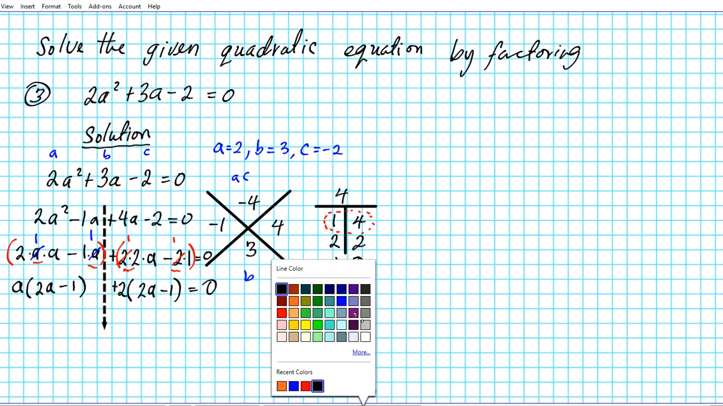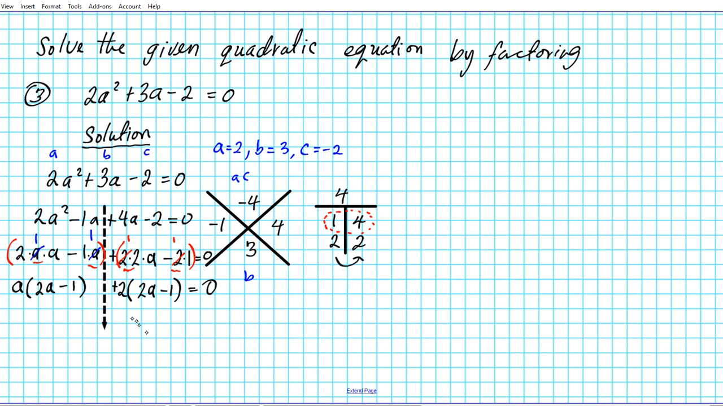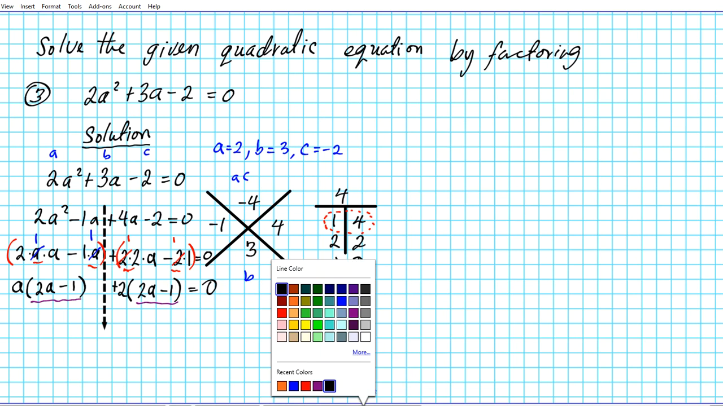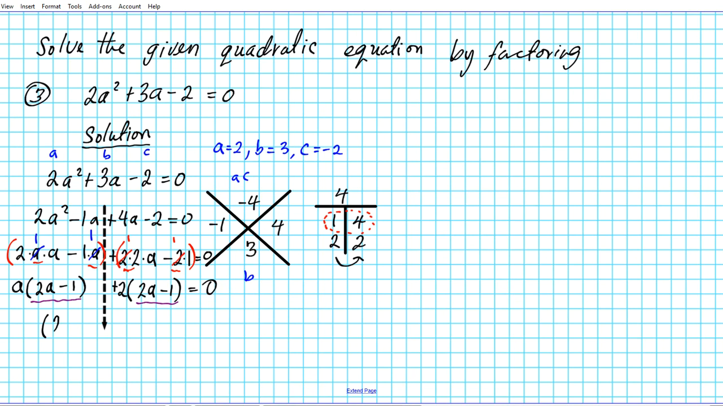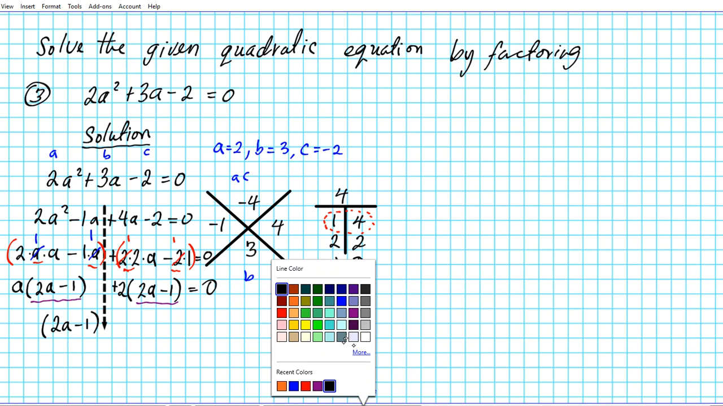All right, let's pause and make sure that we're doing things correctly, and that definitely is the case here. These two quantities, 2a minus 1, are the same, which means that our work is correct so far. So we're going to proceed to factor these two out into their own parentheses, 2a minus 1, and we will be left with